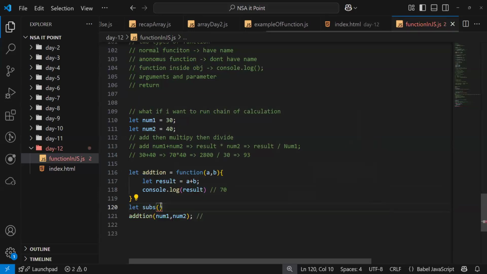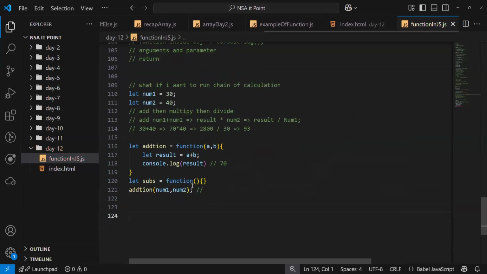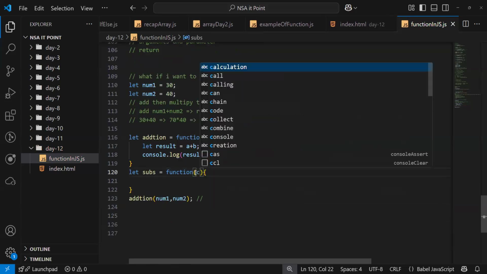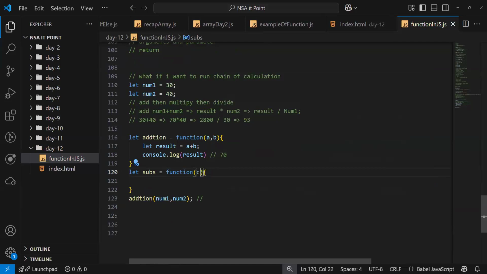Okay, and inside this variable, let's just create an anonymous function. Similarly, a comma b, or c, d. You can write anything. Even if you write a comma b, it won't affect your earlier initialization, because it's only for the function. You can't access it outside the function.